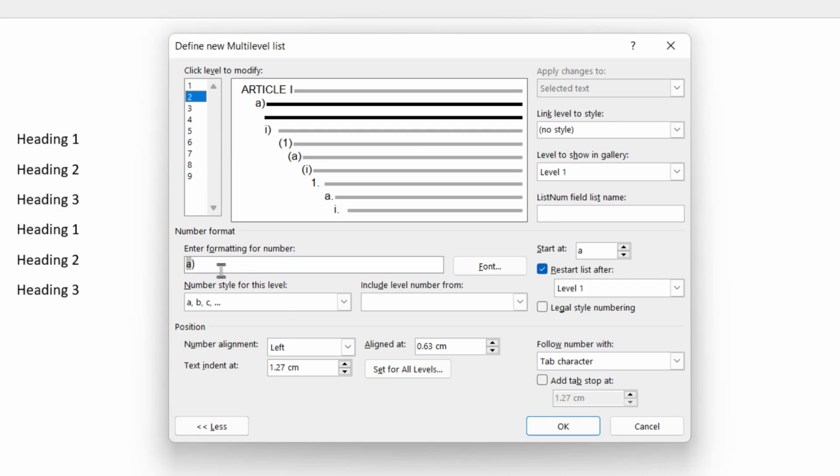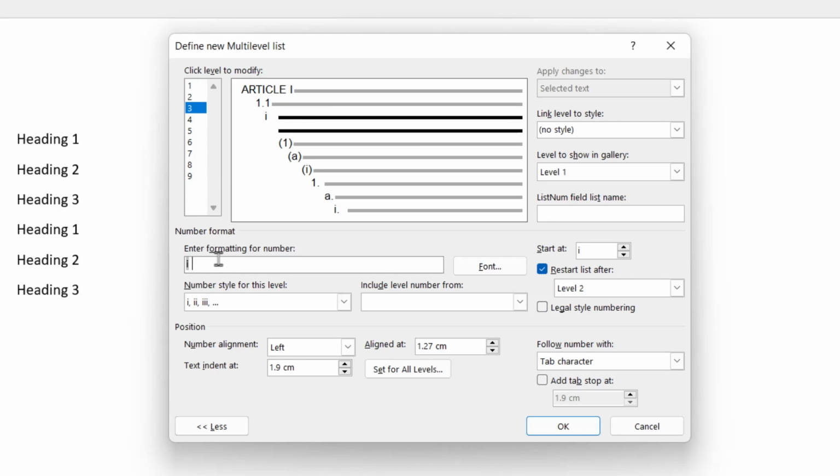Level 2, we're going to wipe out what's there. And in its place, we're going to start with level 1 because it's dependent on that number, followed by a dot, followed by 1, 2, 3. Now at the moment, it says I.1. That's not what we want to see. We want to see 1.1. So to change that, we click Legal Style Numbering. When that's set, everything follows the 1.1, 1.1.1 style system all the way down for as many levels as you have.